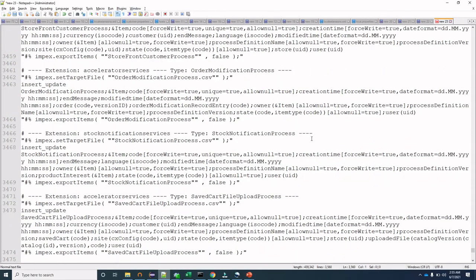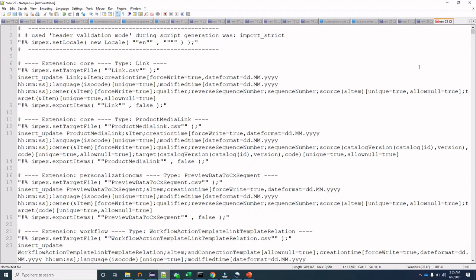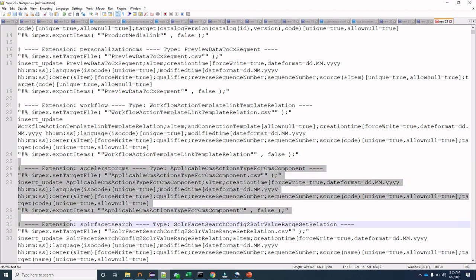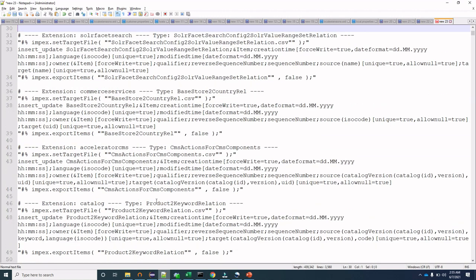Here we can see that all the impexes are copied. So all the item types which are currently present in the system, corresponding to them all these impexes are copied. So a script is generated for all of these. Using this, we can do the export.